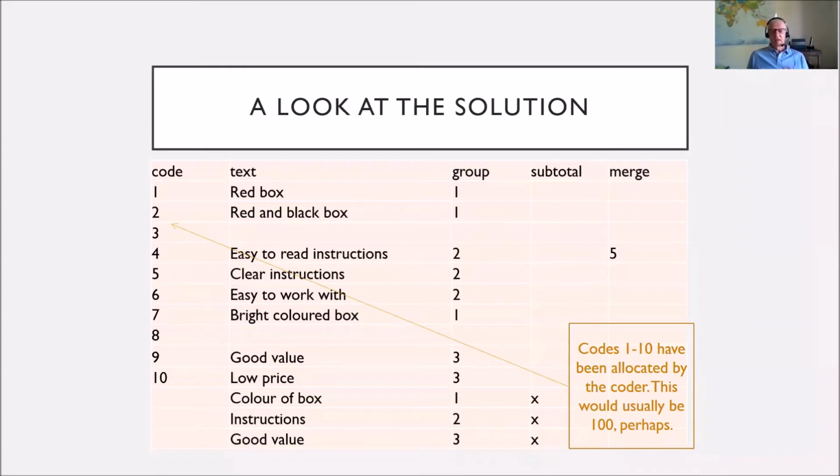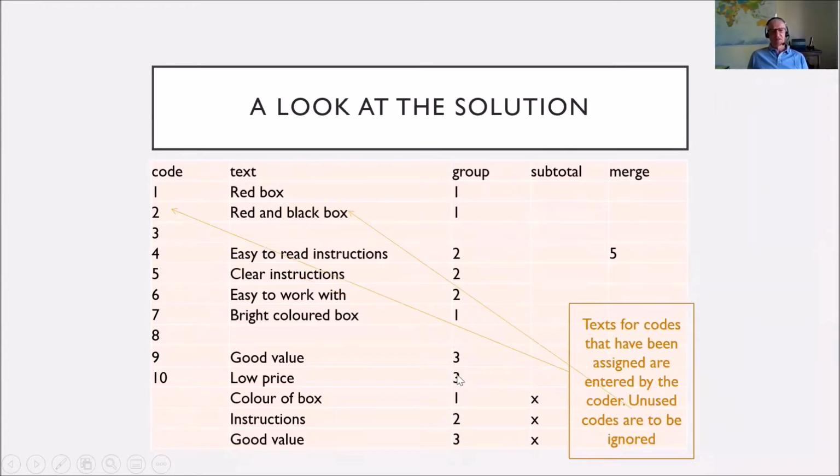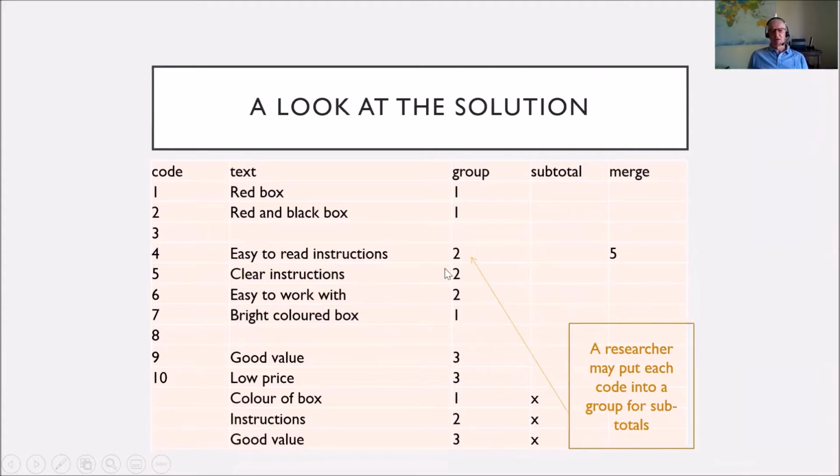It really is where you've got something repetitive or complex that you want to pre-program and reuse from project to project. The example I used last time was finding a solution for this, where you've got something like an open-ended code list with 10 codes, and something you typically want to do is to take these 10 codes, and there might be some gaps in there, like the third code isn't used, and put them down here into some groups. So we want to assign some of these codes to a particular group, maybe group number 2, and down here we can say what the groups are, and we can mark them down here as being subtotals,